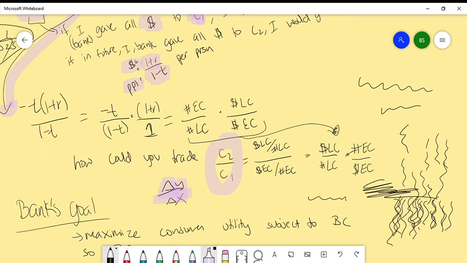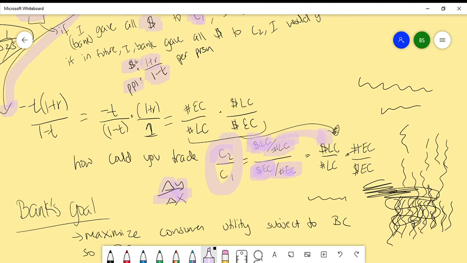And C1 is the amount of money that the early consumers get divided by the number of early consumers there are, right? Like I have $500 divided by 6 people, and that is how much each person gets. So when we rearrange this,